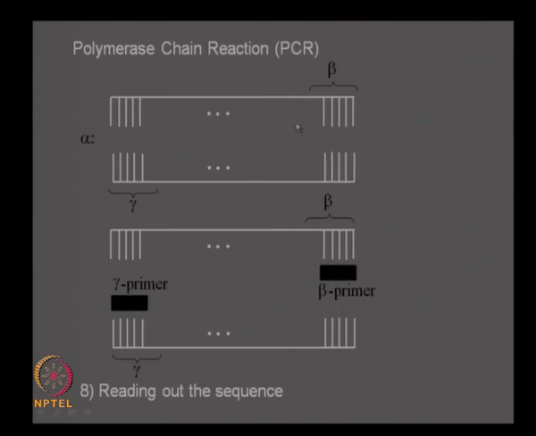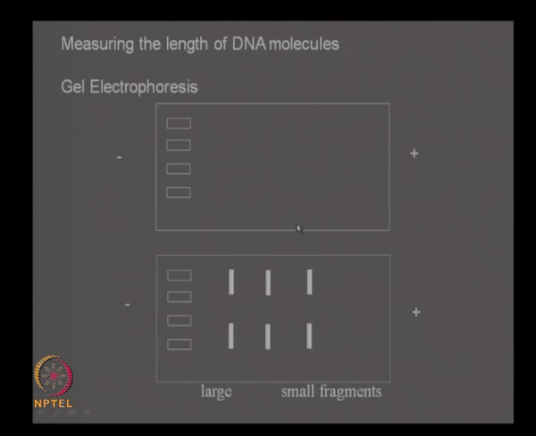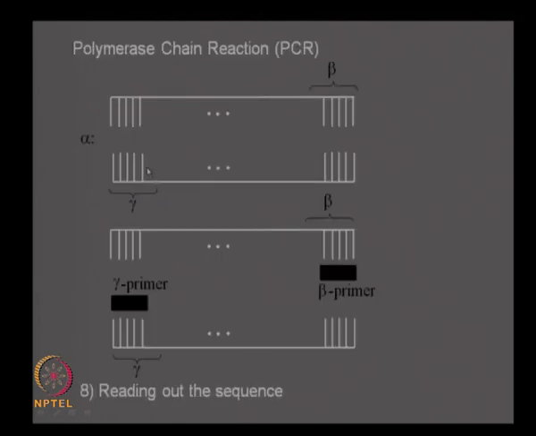So, from one double strand DNA you can get 2 double stranded DNA. If you repeat the process, you will get 4, 8, 16 and so on. So, after some time the number of double strands will increase, and this is very essential in some operations, we shall see that. And reading out the sequence, there is a specific way you can read out the sequence of the DNA. We will not go into that. Sanger method and other methods are available for that.